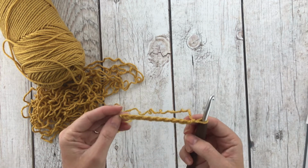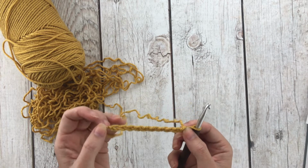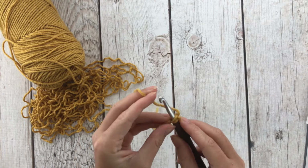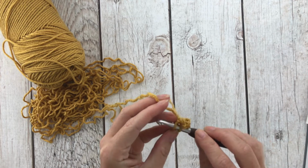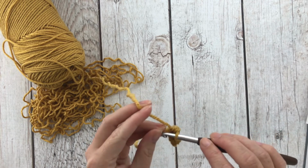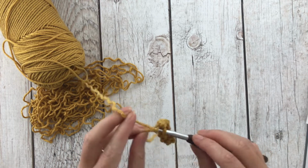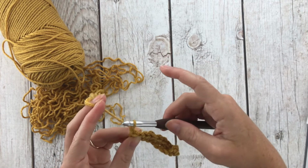We're going to single crochet one time in each stitch back down for a total of 9 single crochets, skipping the first chain closest to our hook. So we're going to start right here and single crochet back down for 9 single crochets. That's 1, 2, 6, 7, 8, and 9. Once we get back to the end of the row, we're going to chain 1 and turn